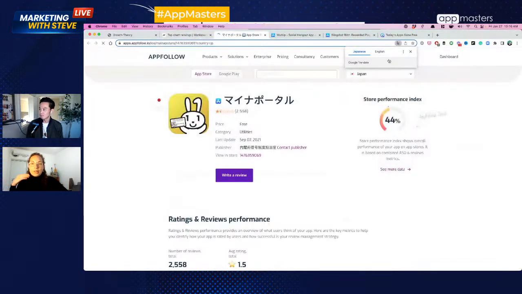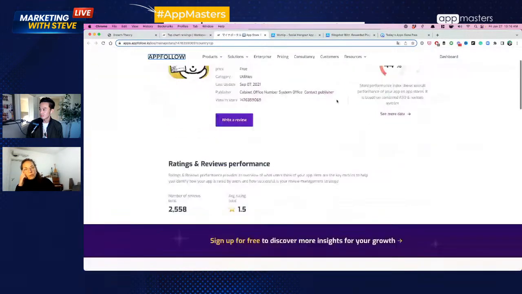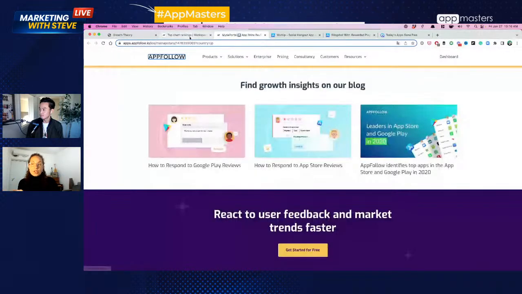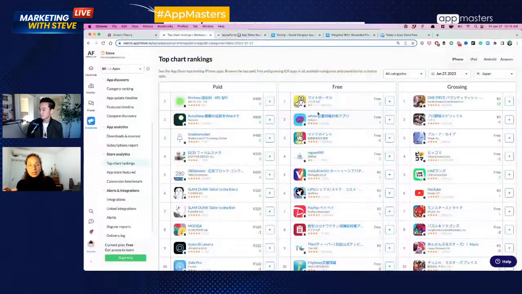What are they doing? Maybe they're doing something. I'm using AppTweak, and on AppTweak you can see A/B tests of your competitors. You can track it, and you can see which version won. So look it up. Maybe that can really help.